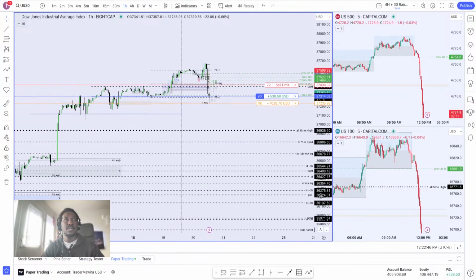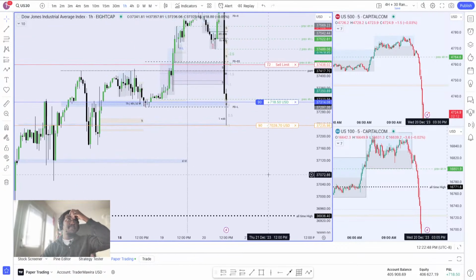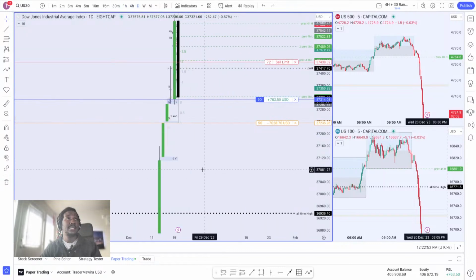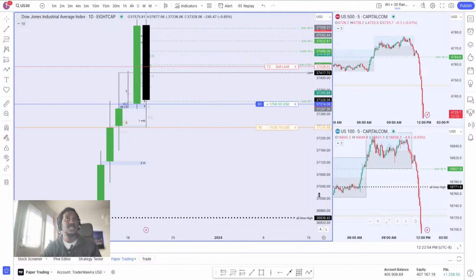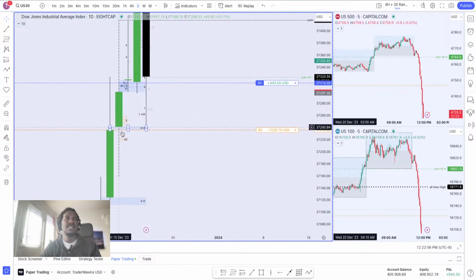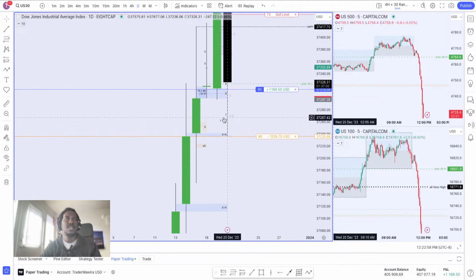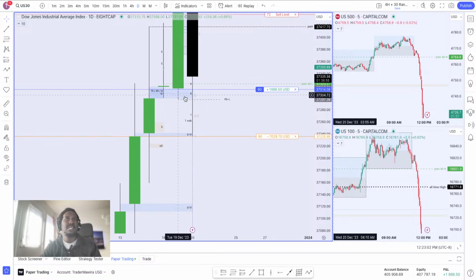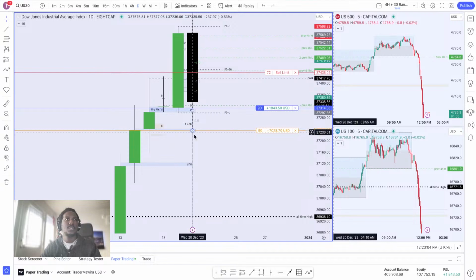Anyway, we'll see. On a high time frame basis, let's go to the daily, let you see. We did get to this volume imbalance. That's why I marked those levels, and you can see where we turned from. And then we did have this daily fair value gap over here. So, yep.